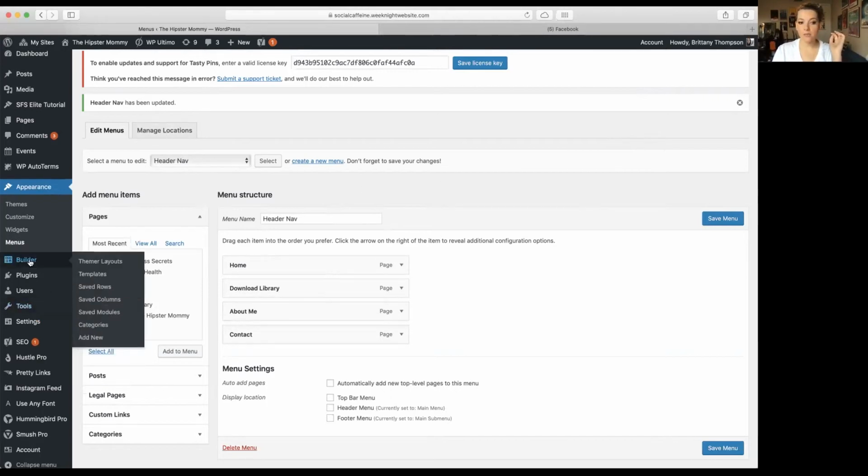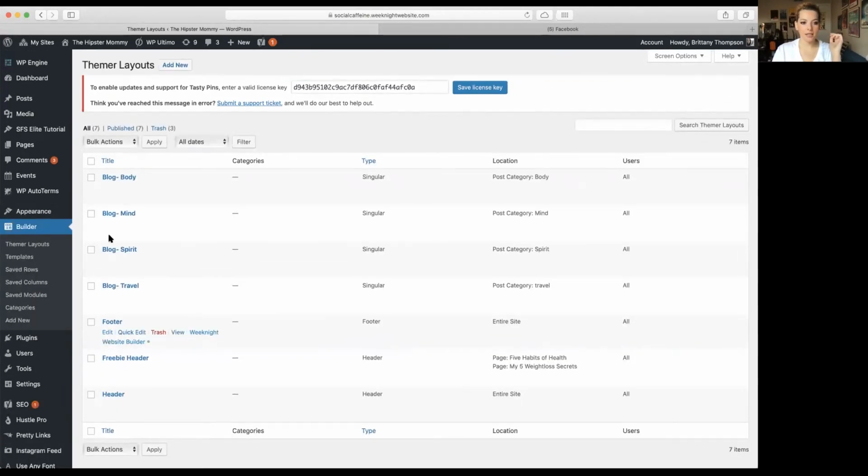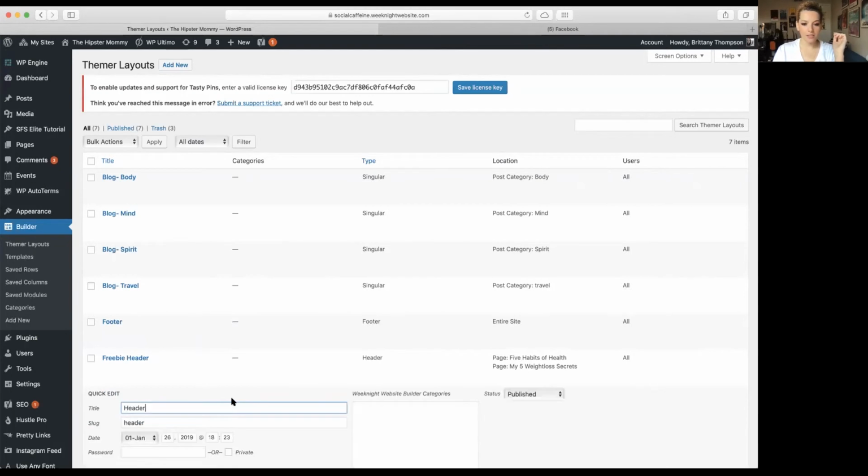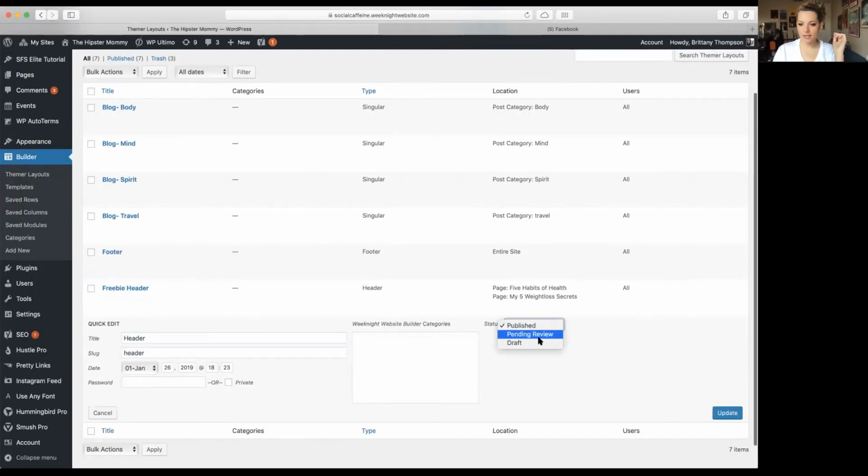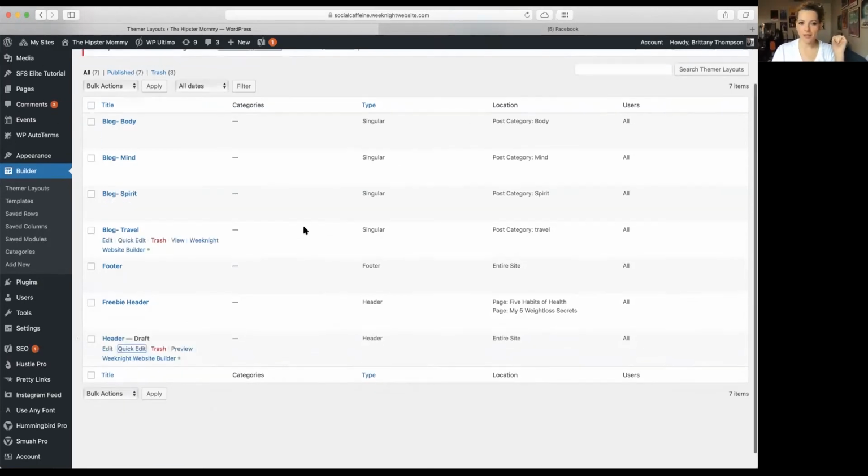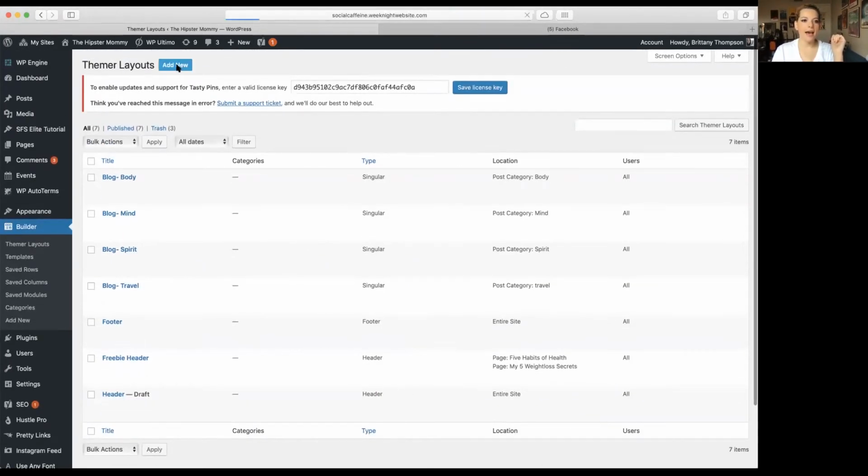Next, we're going to go to the builder, and then we're going to go to Themer Layouts, okay? So this is step 2. So Builder and Themer Layouts. Okay, and so she already has here a header, entire site. Because she's already done that, I'm going to change that to draft mode so that we can play around here a little bit. Okay, add new